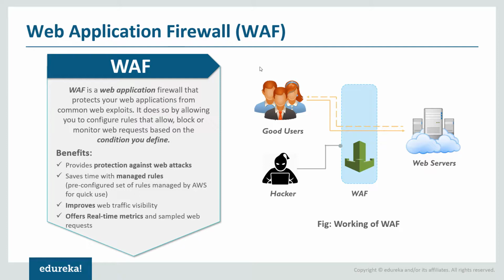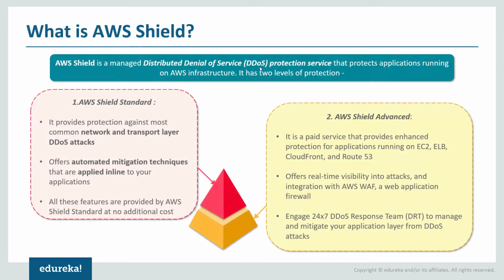WAF will also help you to get better visibility into the traffic, and it also offers you real-time metrics and sample web requests that got generated in case there is any discrepancy. The other important feature that AWS provides is AWS Shield. In case you would like to protect your resources from distributed denial of service attacks, then you can have